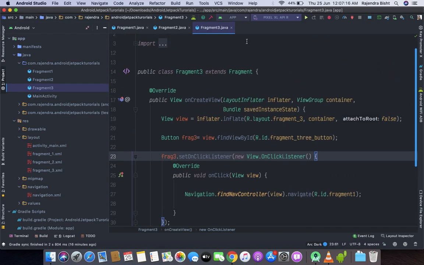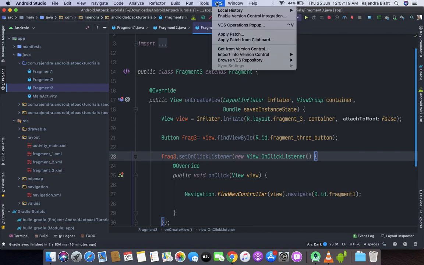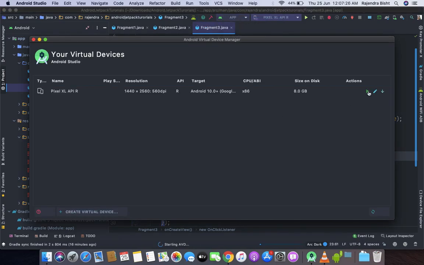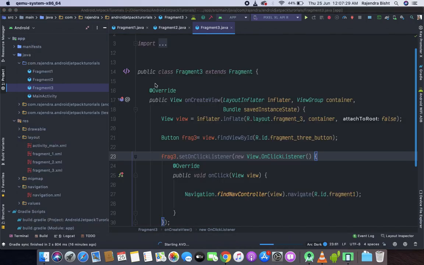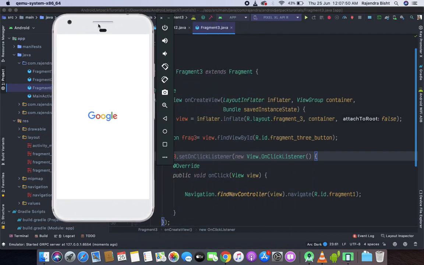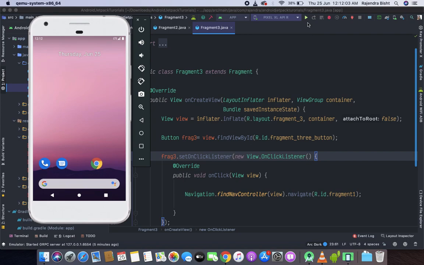So let's run it. First of all we need an Android virtual device. Here our device is ready. Let's run the app.